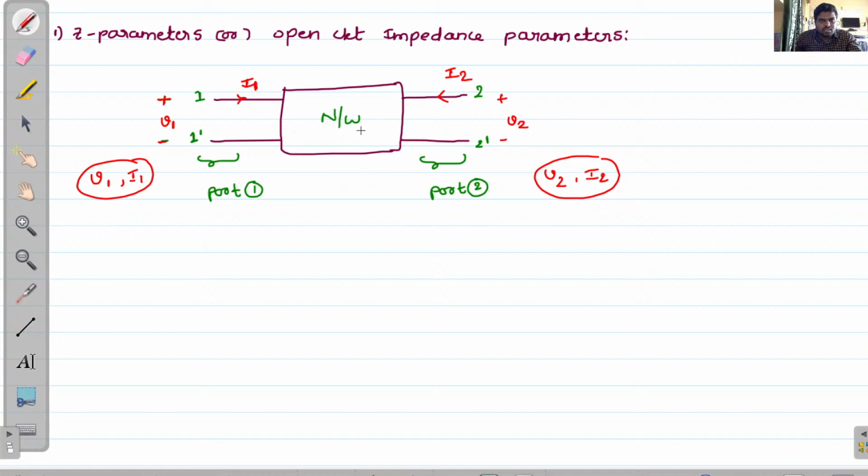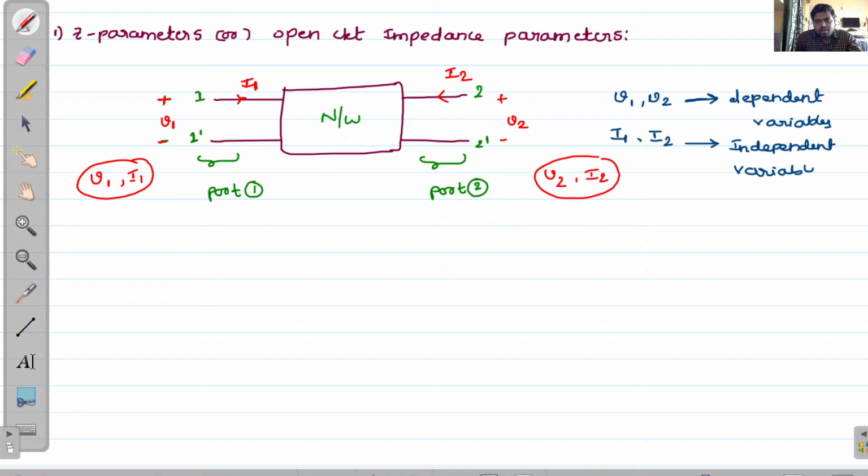So in these Z parameters, V1, V2 and I1, I2. This V1, V2 are dependent variables. How you decide these voltage variables are dependent variables, we will discuss in a later part. And I1, I2 are independent variables. And I already told you Z parameters is nothing but